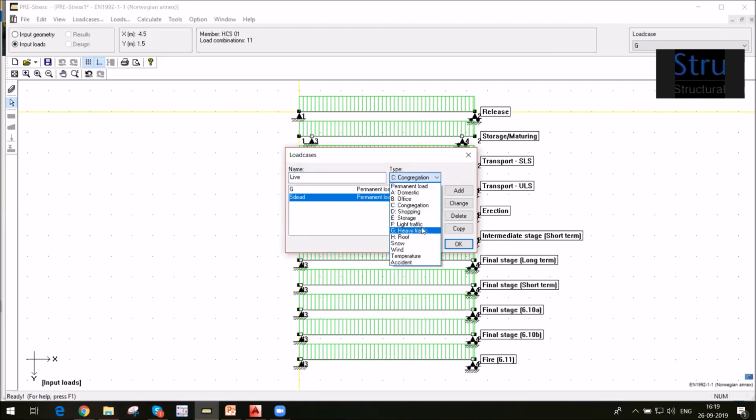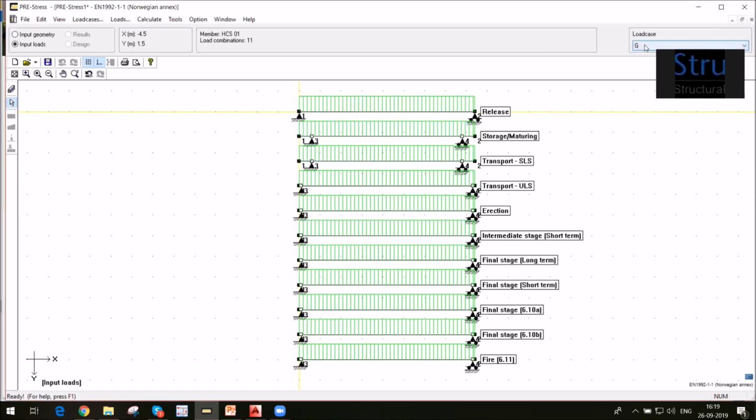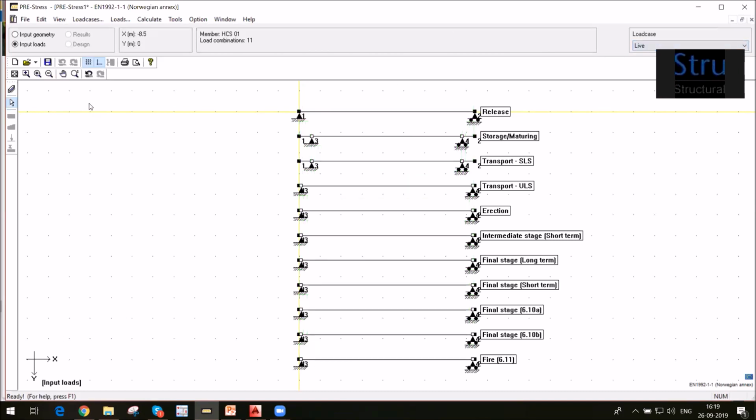We have different categories in Eurocode, so we select which category it belongs to. The load combination will be calculated based on those categories. If you have snow, wind, or temperature, you can select one of them. So if I just add, now we put a load for a particular case. So for the live case,